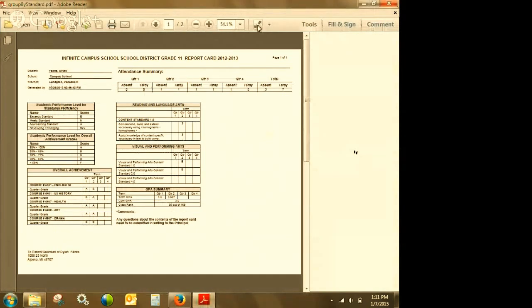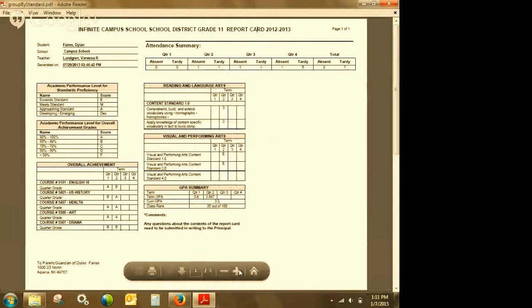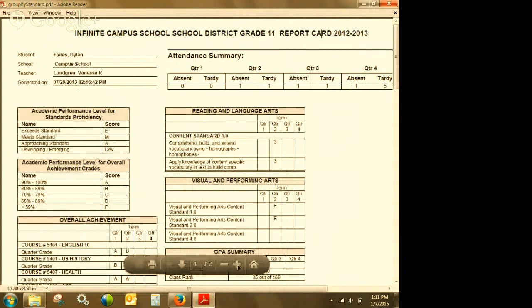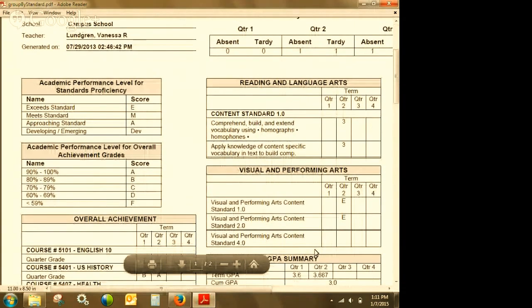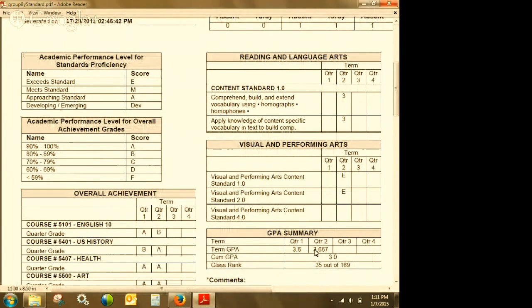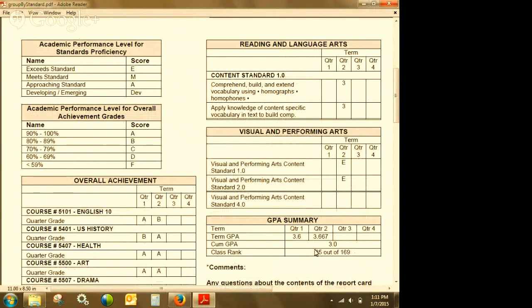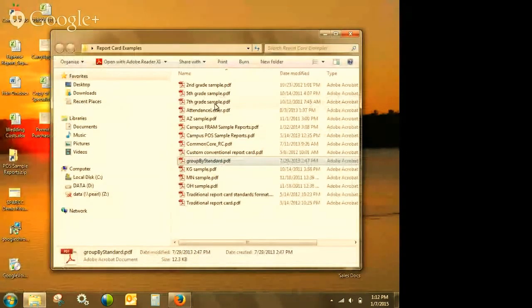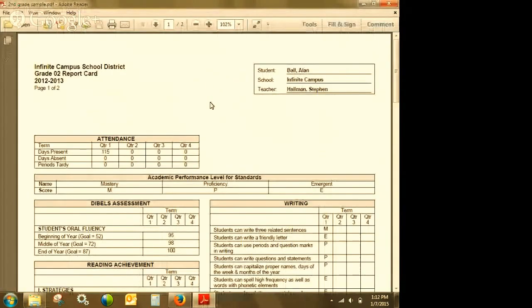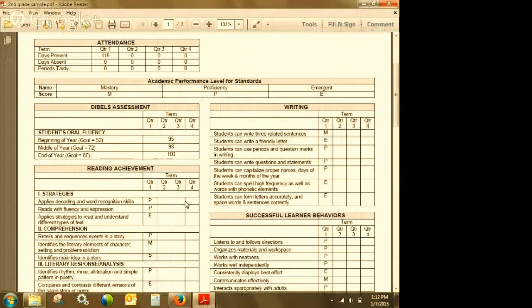Let me make this a little bigger for everyone. So a lot of schools have a scenario like this where you come in, you still want to give them a quarter grade or a 9 weeks grade or whatever, but then you also want to show accomplishment of these standards. So it's a combination of both. Maybe it's a full standards. I don't think they're seeing this on the computer, are they? Oh, they are? Cool. Maybe it's something like this second grade PDF example where it's just pure, but we want